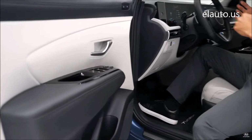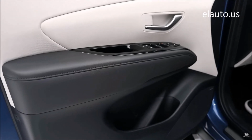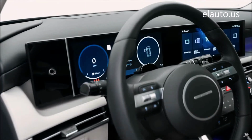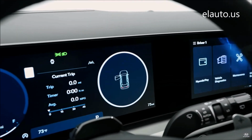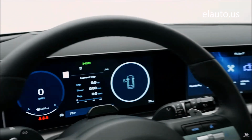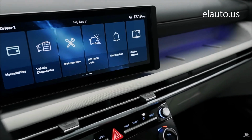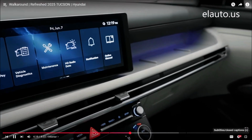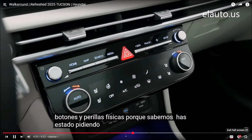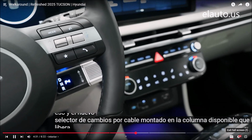that has been restyled to provide a sense of openness and sophistication. Now, the first thing you're going to notice is the new dual screens that are provided with the available 12.3-inch digital instrument cluster and the standard 12.3-inch touchscreen with available navigation, underscored by a new horizontal air vent design with 4 vents and a continuous look. Also, new infotainment and HVAC climate controls designed with physical buttons and knobs, because we know you've been asking for that. And the new available column-mounted shift-by-wire gear selector, which frees up the area between the front